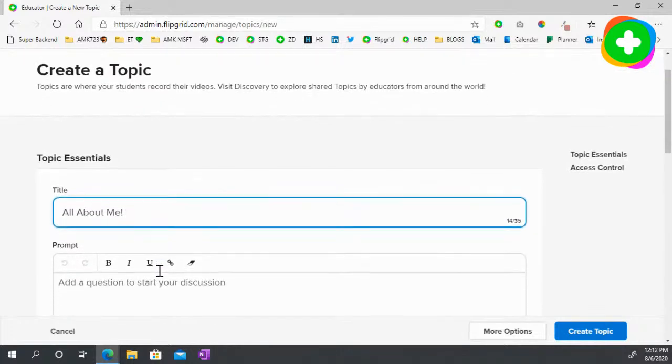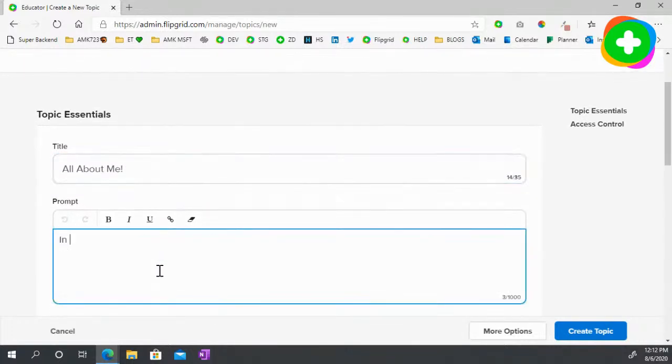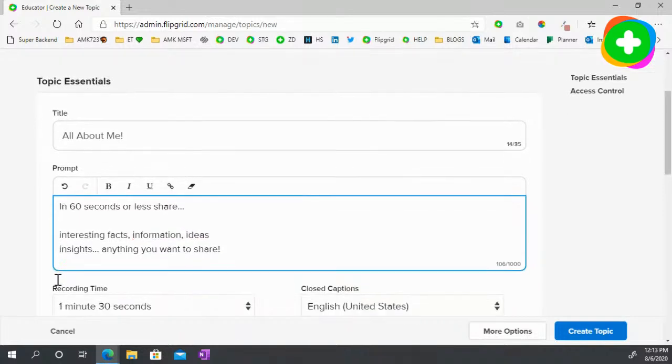After your title, you'll need a topic prompt. This is the question that you're asking your students or your community to share, whatever that looks like. So Anne's putting in 60 seconds or less, share interesting facts. What's important to note is that anything in this prompt box is accessible through Microsoft's learning tool, Immersive Reader, which we will show you a little bit later, but it is an incredible tool that adds some audio and visual supports as well as translations. Anything that is typed in there can be used in the Immersive Reader, and you have up to 1,000